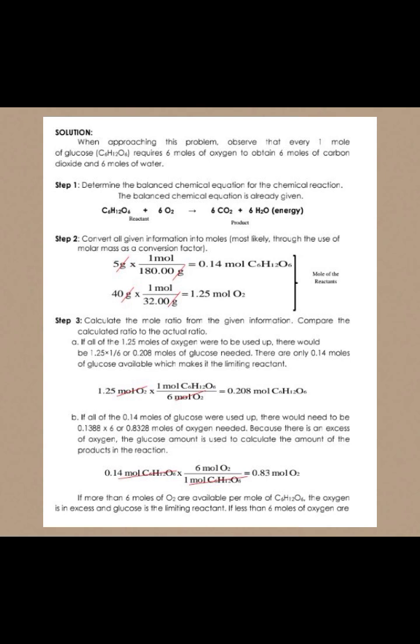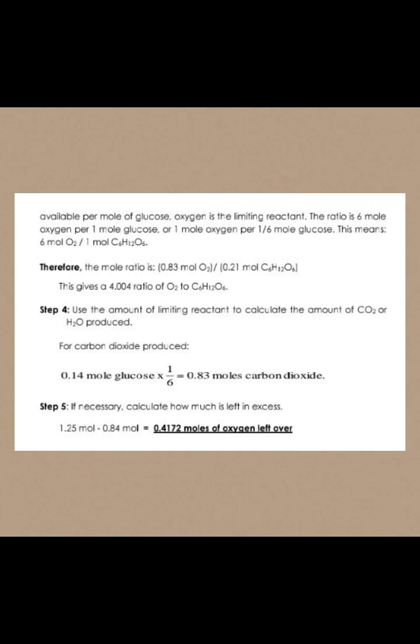If less than 6 moles of oxygen are available per mole of glucose, oxygen is the limiting reactant. The ratio is 6 mole oxygen per 1 mole glucose, or 1 mole oxygen per 1 over 6 mole glucose. Therefore, the mole ratio is 0.83 mole O2 to 0.21 mole C6H12O6. This gives a 4.004 ratio of O2 to